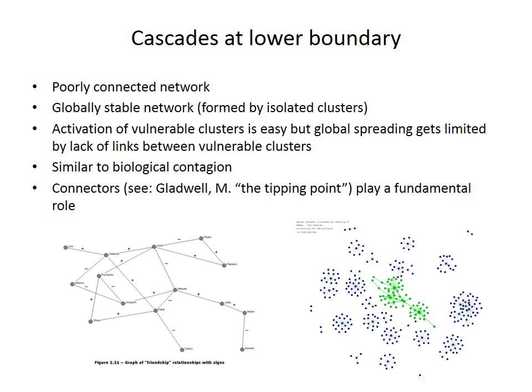So once some individuals switch, the rest switch as well, and this is represented in the central part of this figure. But the point is, because it is a sparsely connected network, that infection, that contagion, remains limited to certain areas. So it's easy to infect a part of the network, but if that part of the network is isolated from the rest, then the network is globally stable.